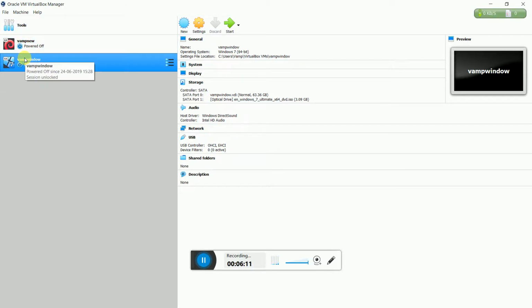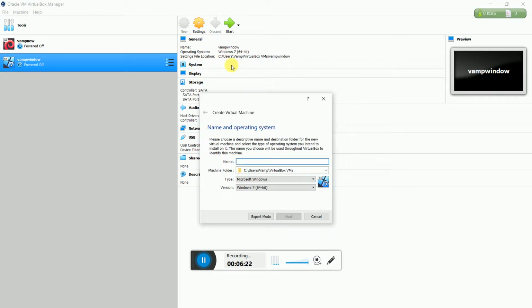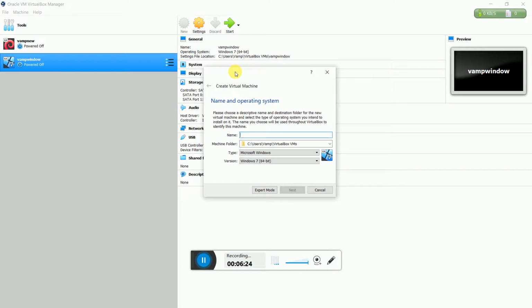VirtualBox. The first thing you have to do, since you have to create a new virtual operating system, is click here on New. See, it is asking what name you want to give to your operating system. This could be anything. As you can see, I have written a new name. So let me write here